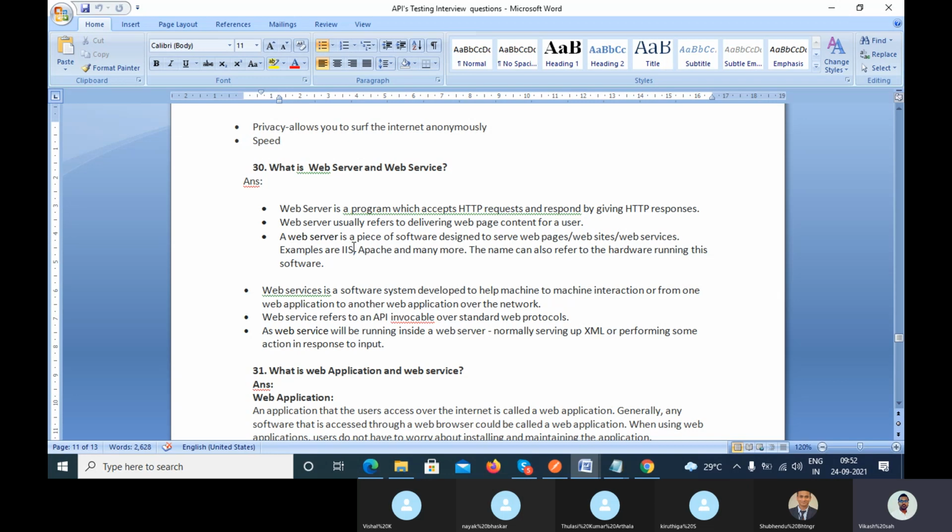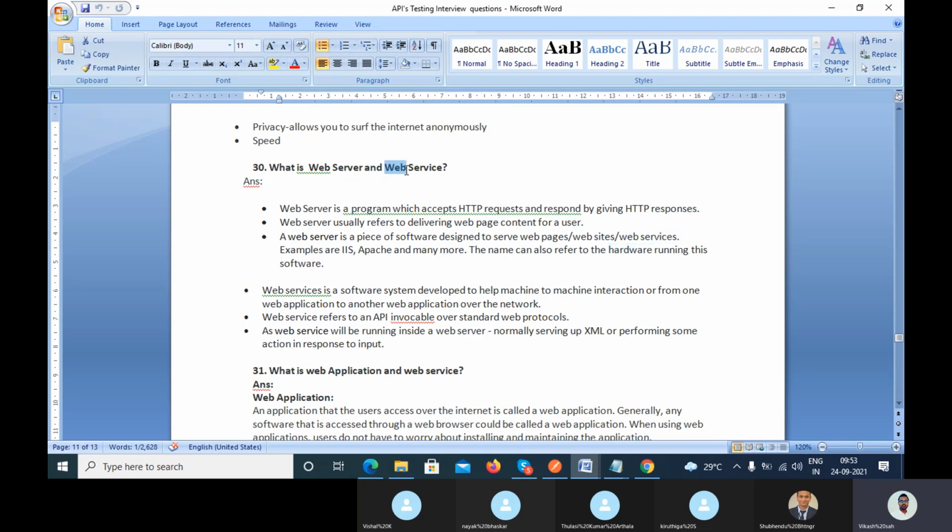A web server is a piece of software, right? Software designed to serve the web page, website, and web service. So you can understand a web server as a machine or software where we have the web pages, website, and the web services, right? It can also be the hardware that is running.